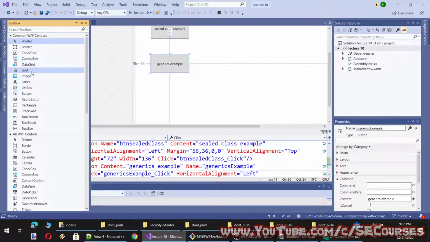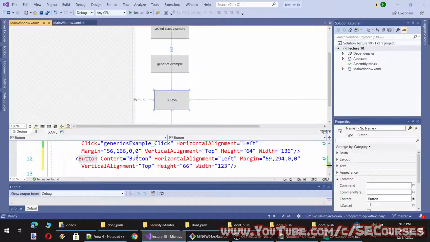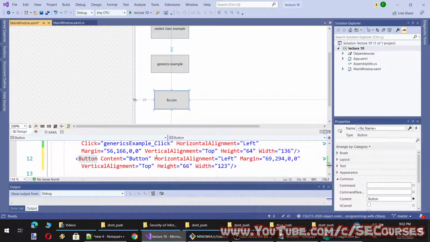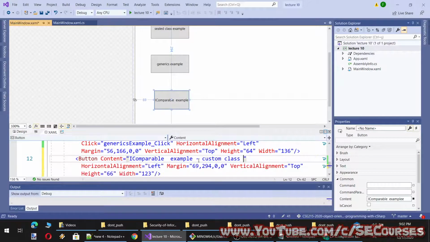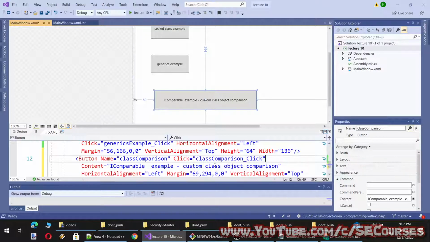So let's add a button here and let's name it IComparable.